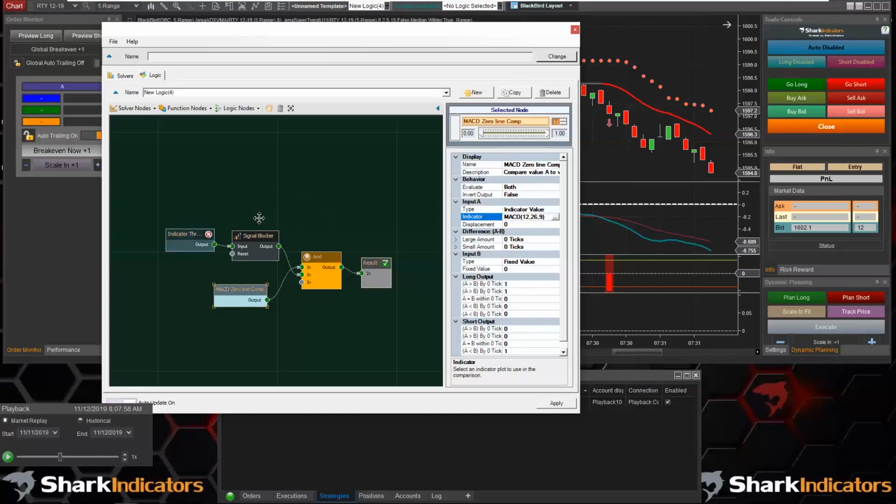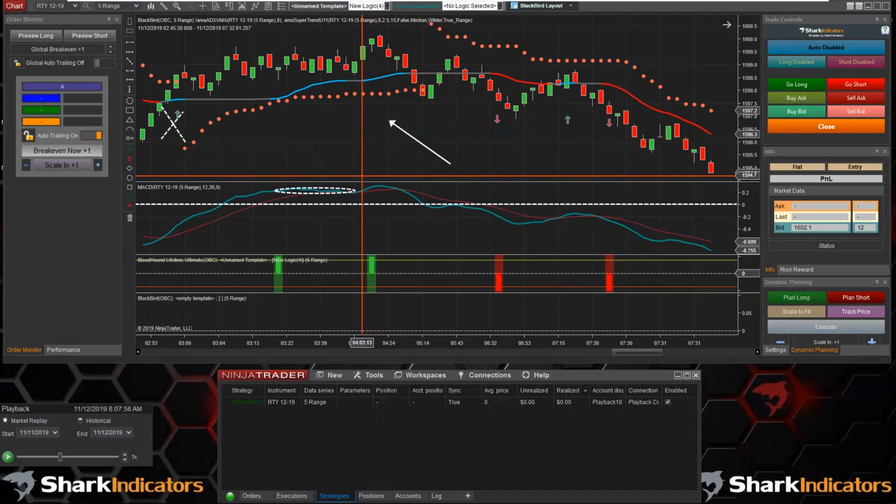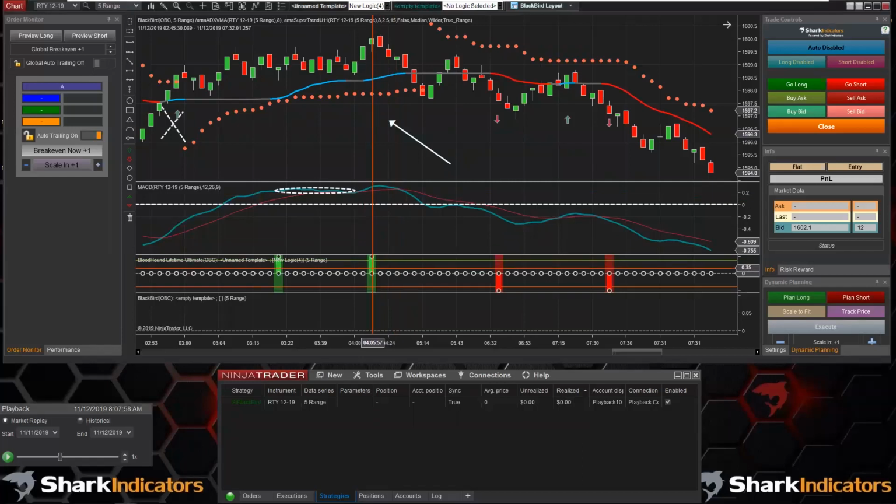It depends on the number of indicators you're using in BloodHound, and the complexity of your logic. So there's so many moving parts there, Franz, that it's really impossible to say. And also it depends on how much other work you have NinjaTrader doing. Like how many charts do you have open? And how many indicators do you have running on those charts, right? Because those all require processing time as well, along with BloodHound. So you've got to remember, BloodHound is just one of those indicators running on your chart. So all those other indicators on all those other charts, they're all competing for processing time, just like BloodHound would be. So there's so much variability that we can never